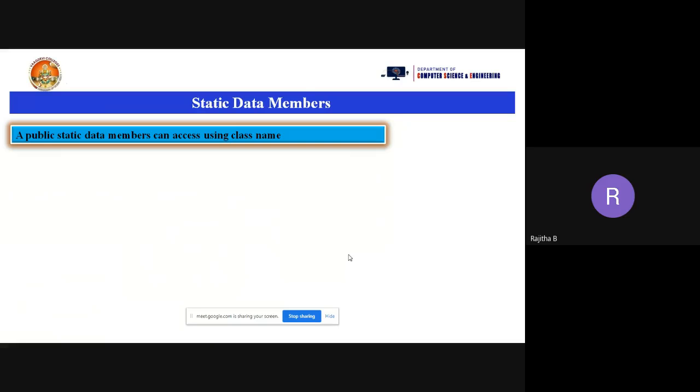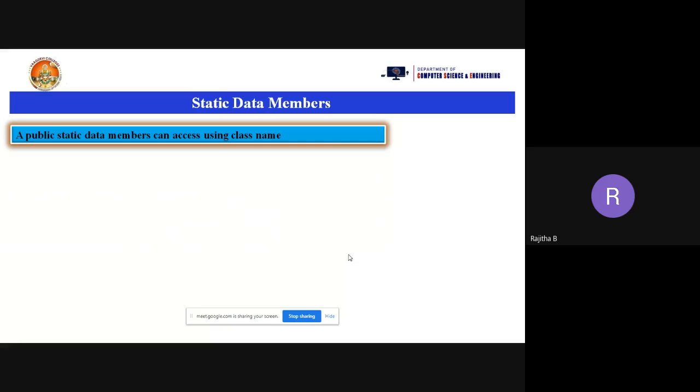Already we discussed this topic in the previous classes itself. How can we access the public members? Suppose you want to access a public data member, and I am declaring int x as a data member in a class. I can access that x data member using object name dot x. Isn't it? Yes or no? Did you remember this one?